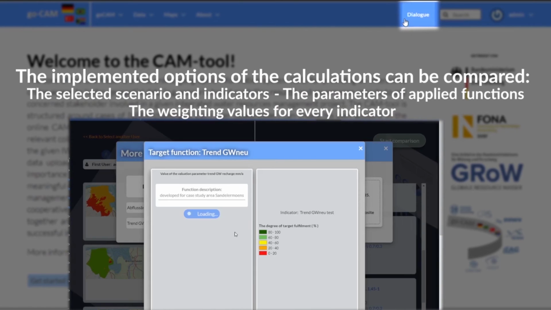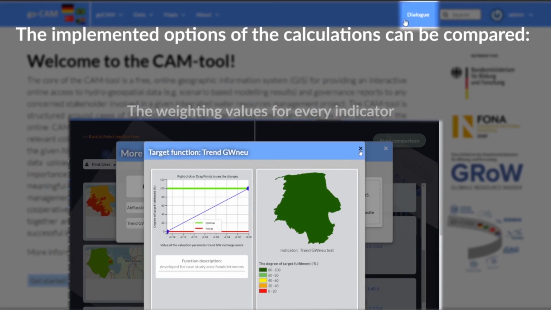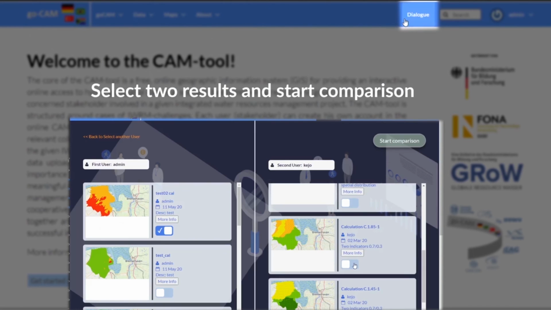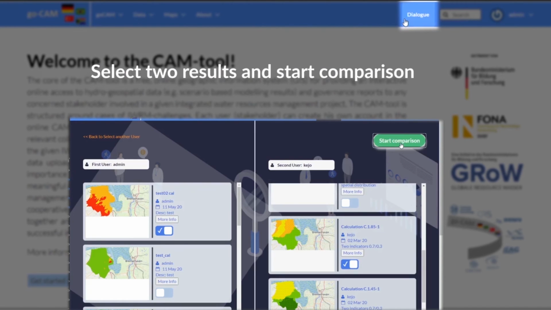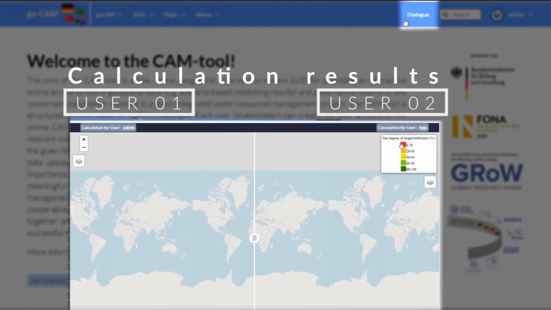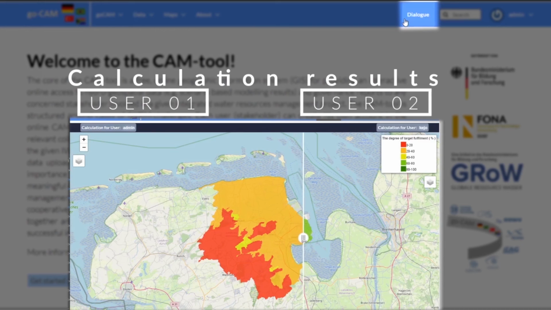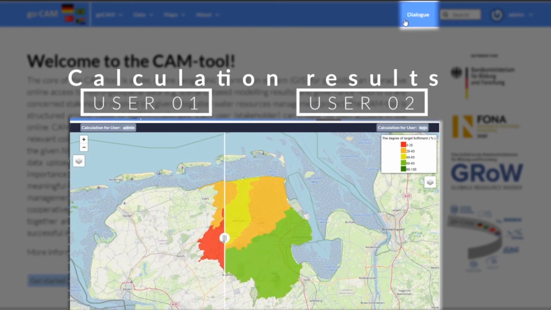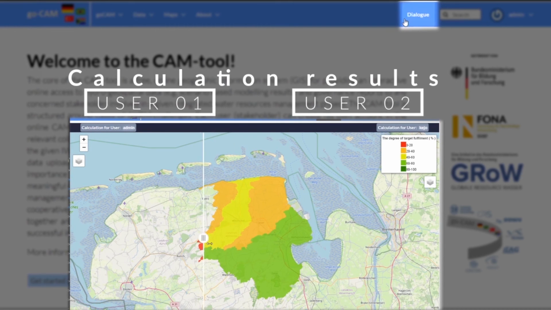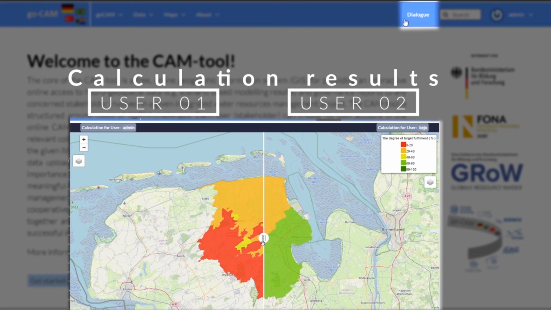Once you select one calculation result for each user, the button Start Comparison will be activated. Clicking on it, you will be redirected to a page where the two calculations will be shown on the map, separated with a swipe tool. This tool allows you to use the pointer to swipe the map viewer from left to right, and vice versa. As you swipe to left, for instance, the calculation on the left side of the map will be temporarily erased,